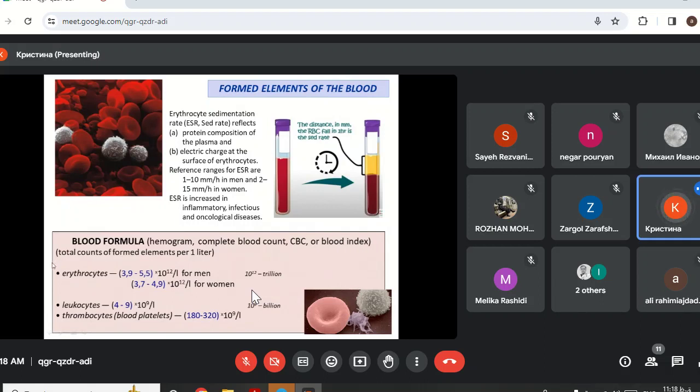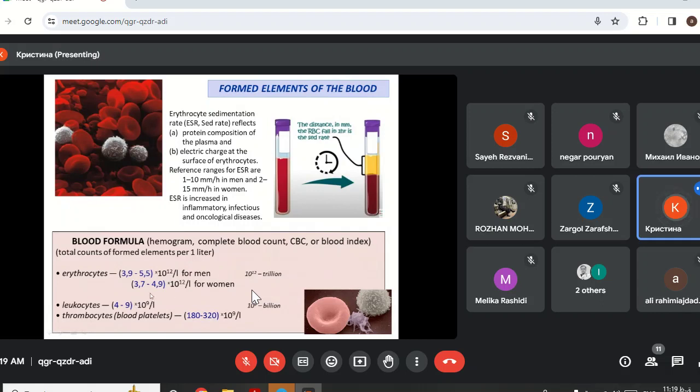It's the total count of formed elements of every type per 1 liter. And these are the numbers that you should learn by heart. So we have 3.9 till 5.5 trillion of erythrocytes per liter